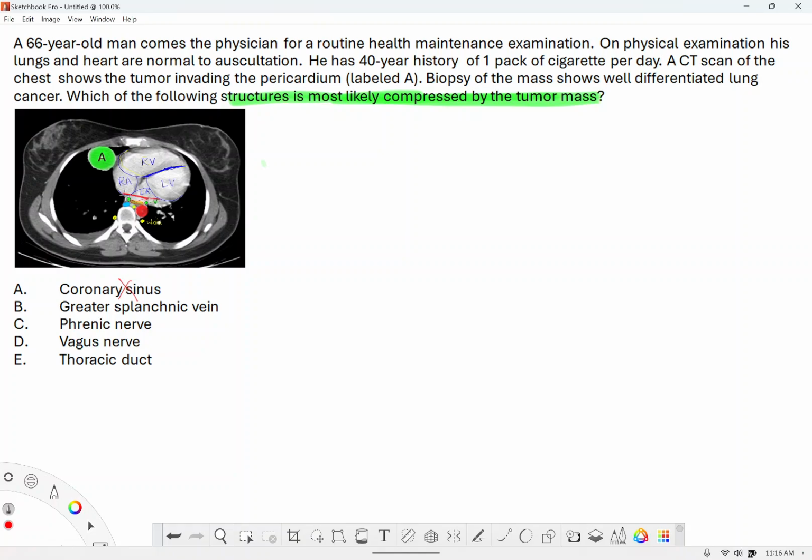Posterior will be somewhere here. You see this line I'm drawing? I'm going to erase this. So that's where it would be. So that's unlikely. Greater splanchnic vein will be right here, in this area that I'm coloring red. Okay, so that's unlikely. Phrenic nerve is right here, so one is on each side